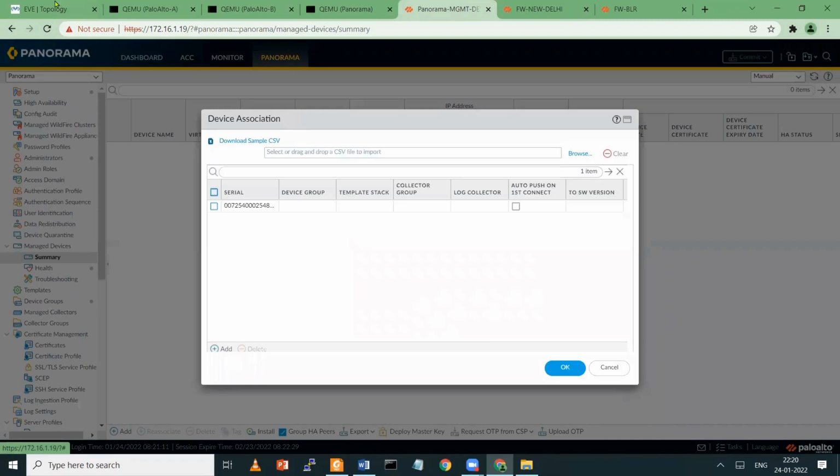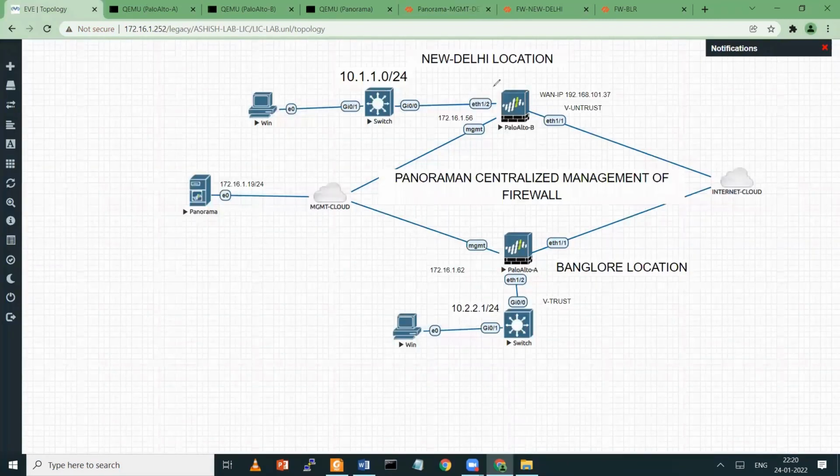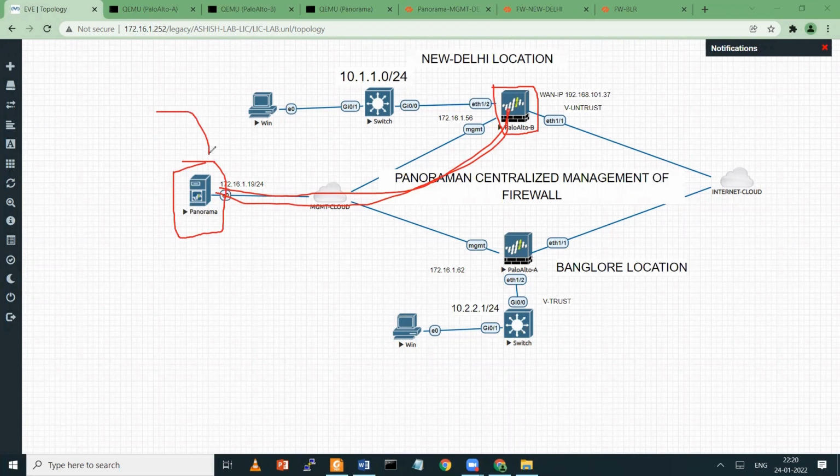Say okay. See, once you mention the IP address of Panorama here, the firewall knows how it can reach Panorama. So it tries to make a connection with Panorama, but Panorama can only authorize a particular firewall, or add a firewall, when it has a valid serial number. All right.